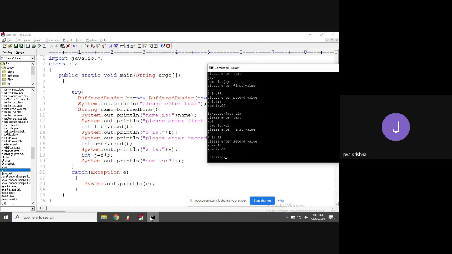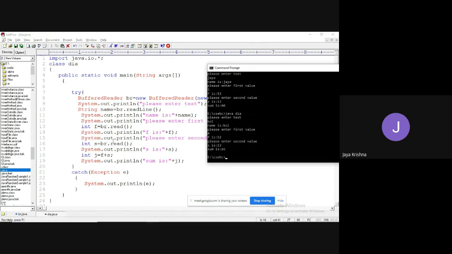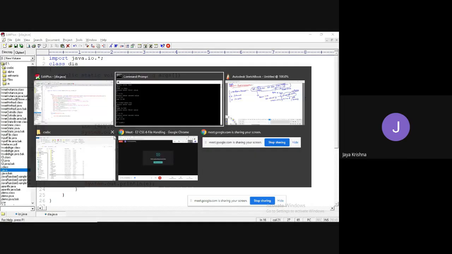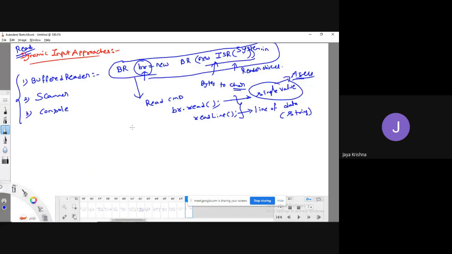Okay. My point, what I would like to conclude here, is try to execute it yourself. Whenever it is going to read the data, the read method will always read it in the form of an ASCII value. What does the readLine method do? The readLine method always reads the data in the form of string format. Observe.